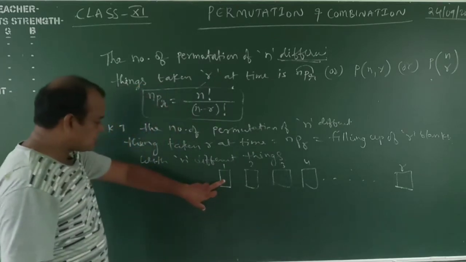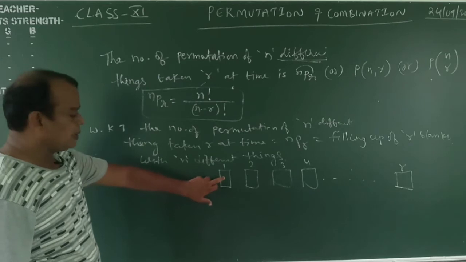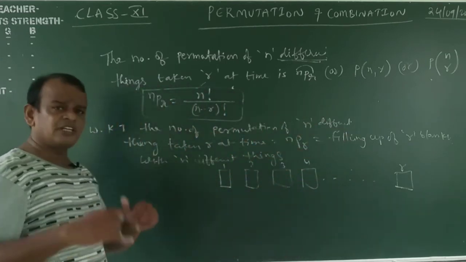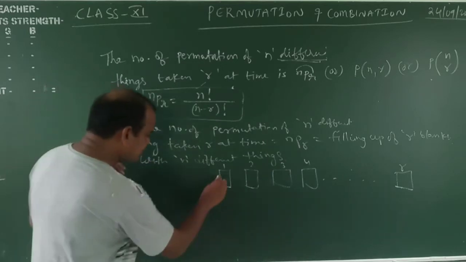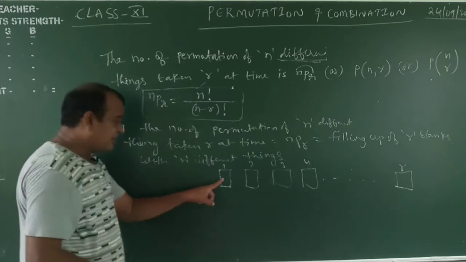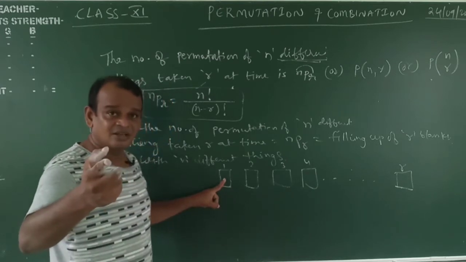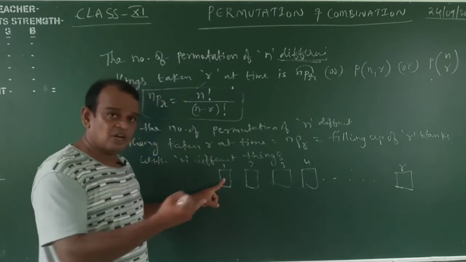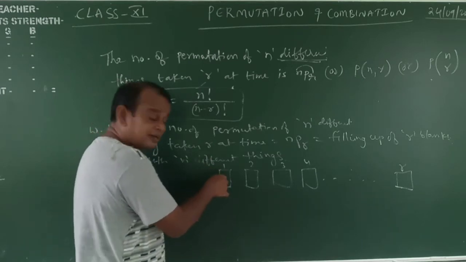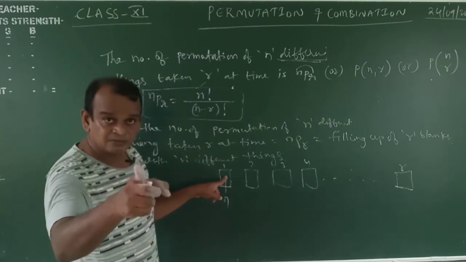Here, first we fill the first blank. Here clearly observe that filling up of the R blanks with n different things. First you fill the first blank. Our goal is to fill all the R blanks with the different things. Okay, first we fill this one. First blank, we fill the first blank by using n different things. Here only one thing you fill in this one, but chances: first student sitting, or first object, or second object, third, whatever may be. How many chances for the first blank? N chances. But here filling only one.